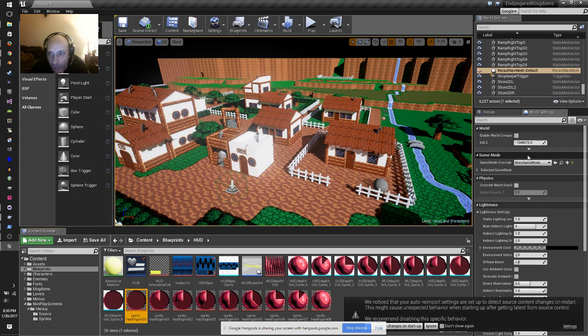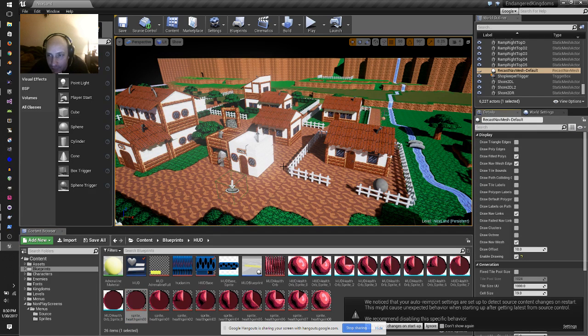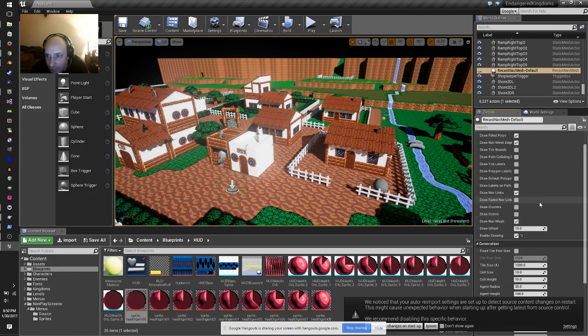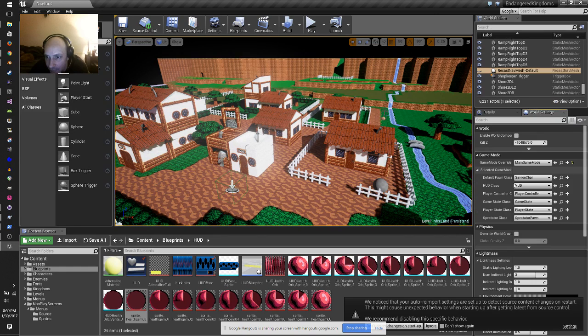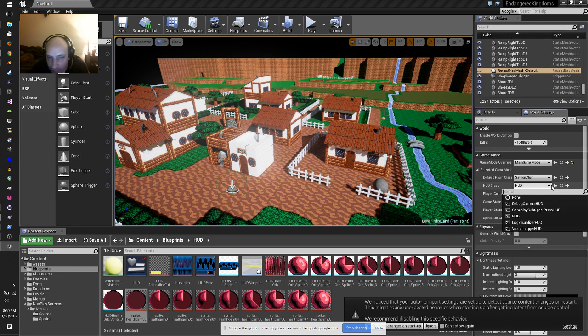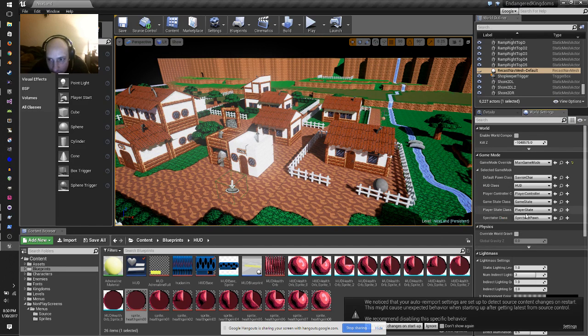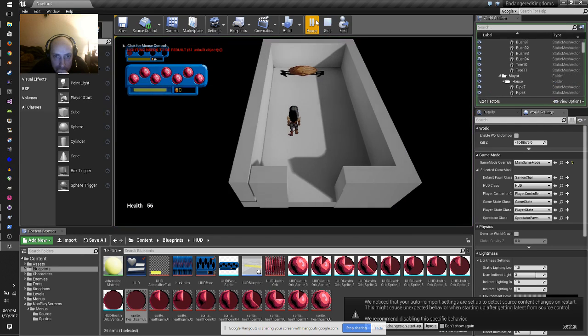Let's see if I remember where to turn that on at. World settings. Game mode. Select the game mode. Class HUD. Oh, we called it HUD. Since it's part of Savron's character, it'll be in her construction script.